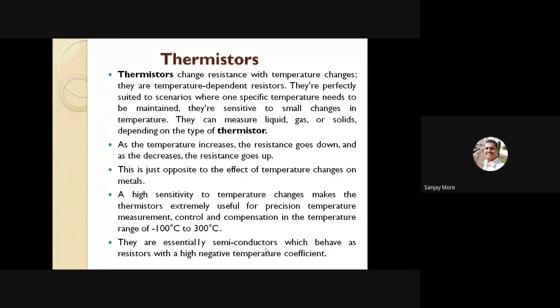And today we are going to start the last temperature measurement device, thermistors. Okay. So I request all of you to draw this diagram under the heading thermistors. This is one of the temperature measurement devices. This is the circuit diagram using the thermistor. Here the thermistor is attached, with a voltmeter, ammeter, variable resistance, battery, and switch.